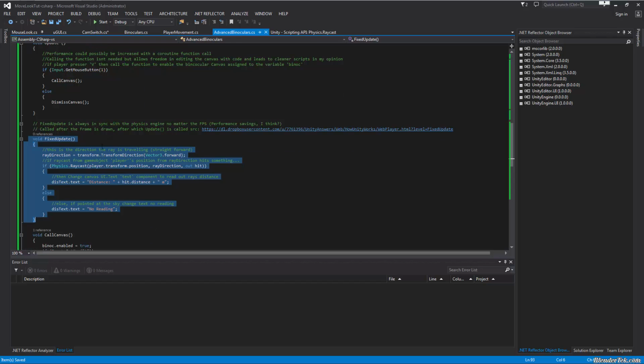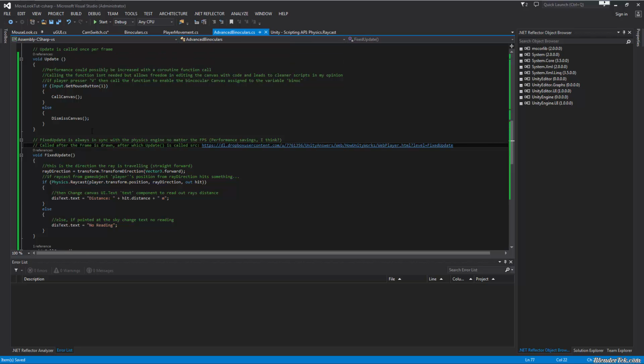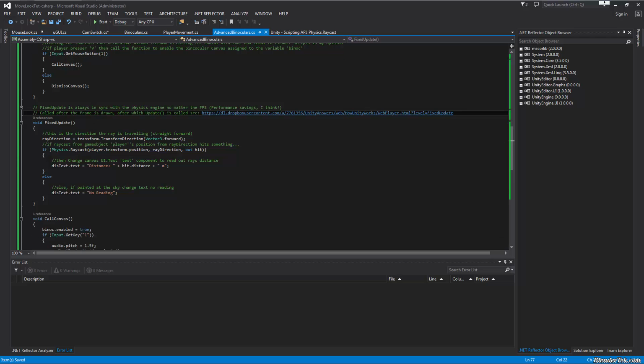It depends on the FPS rate. There's a great link here for a way to see the differences between fixed update, late update, and regular update, and it shows how each frame is drawn and everything. And so basically all the raycasting is just done on fixed update, which essentially keeps all the physics in sync no matter what the FPS is. And I assume this would save you a little bit of performance, since fixed update is called slightly less often,